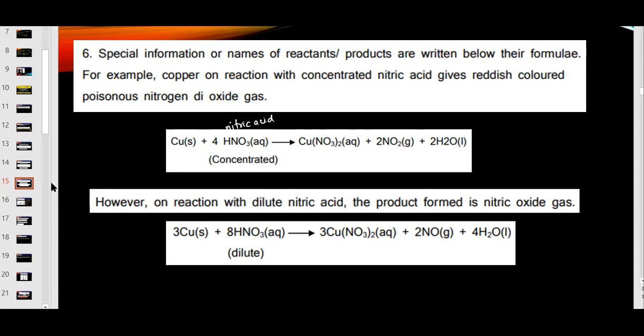But if you add copper to dilute HNO3, you will get a different product here. For concentrated you get nitrogen dioxide, and for dilute you are getting nitrogen oxide. H2O is a byproduct here too, but you are getting nitrogen oxide instead of nitrogen dioxide. And Cu(NO3)2 is also in aqueous solution, and there is a difference in the number of molecules. When we balance the equation, we will do it later. Right now we are discussing only the conventions: what symbols are used, how to write the reactions, and what those symbols indicate. Those things we are trying to learn now.